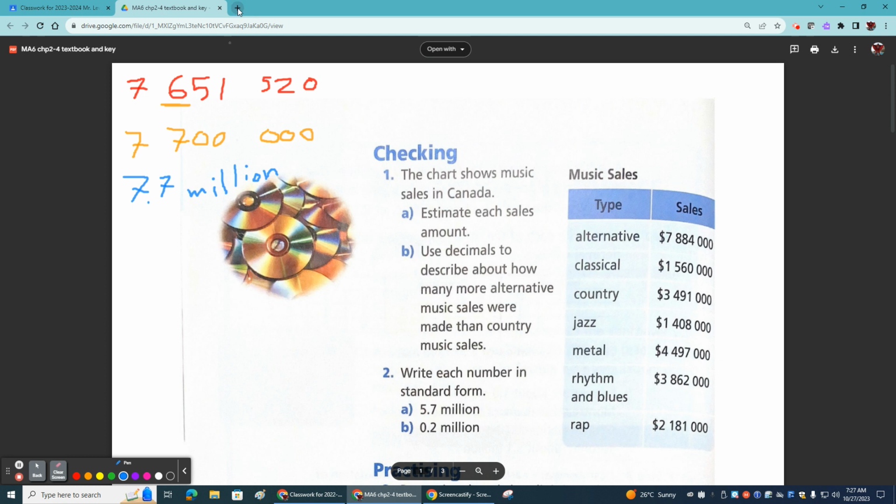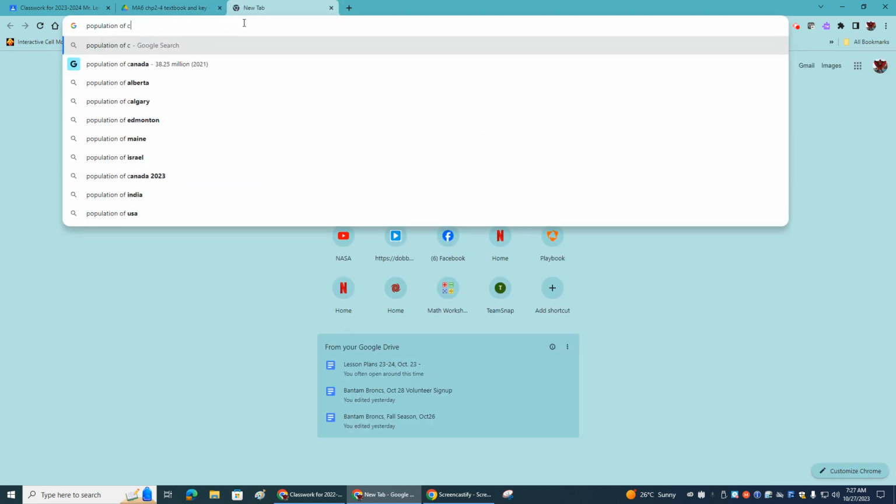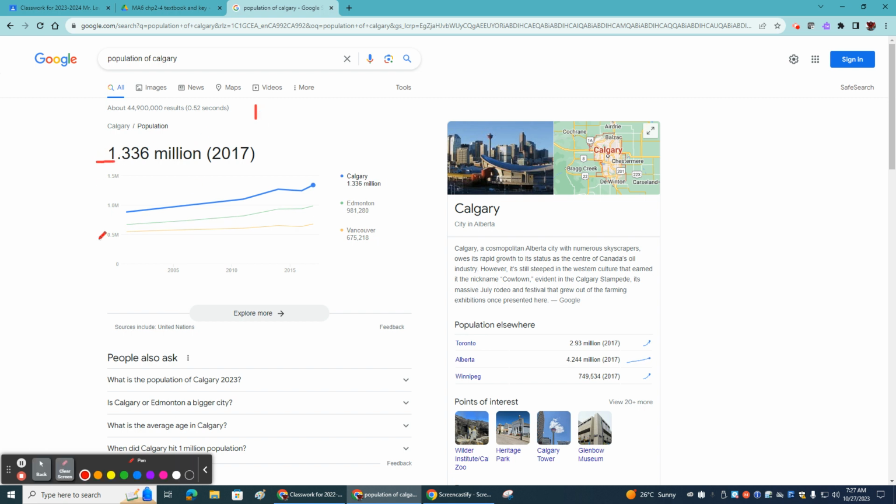A good example of that would be something like population. So population of Calgary. Check this out. It gave us a decimal million. So the population of Calgary is 1.336 million. So I could actually rewrite this number. I've got 1 million for sure. And then 336,000. Now, of course, this is still a rounded number, but we can see how 1.336 million is the same as